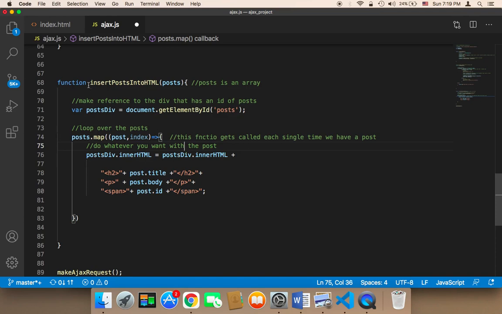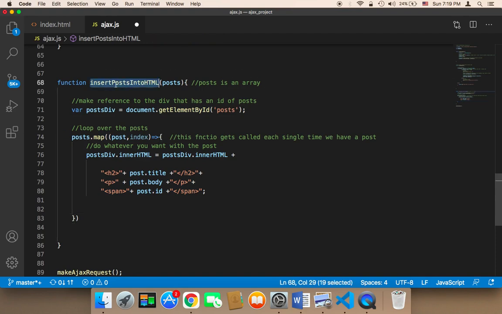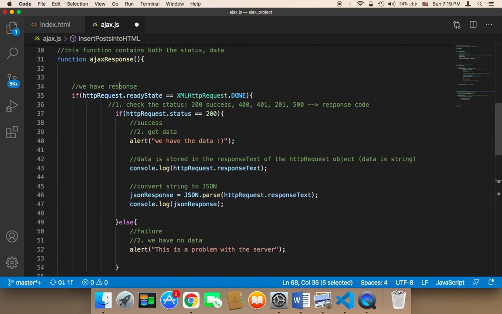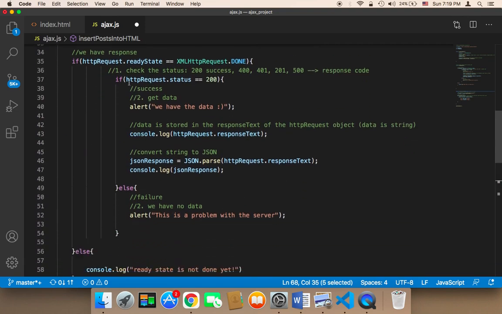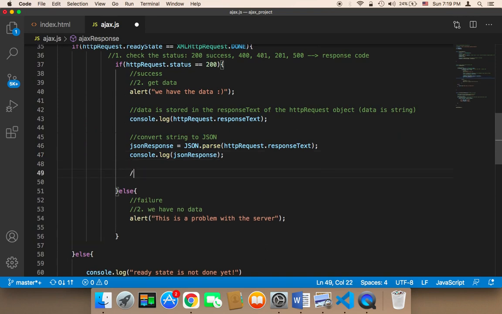So now that we have this function complete, it's time to use it. This function, insert posts into HTML, takes the posts, so we need to call it from the AJAX response. Here I'm going to call it after we have converted the JSON response into JSON. We need to call insert